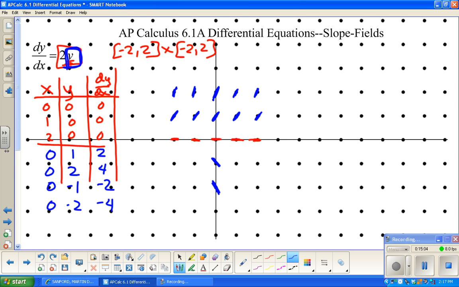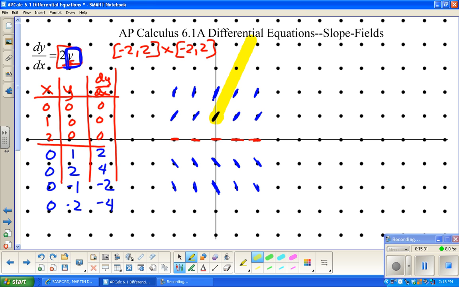Okay. Underneath, these are now negative, 2 times negative 1, so negative 2, negative 2, negative 2, negative 2, negative 4, negative 4, negative 4, negative 4. Okay, now, so understand that the flow of this one is a little different, okay? So the higher you get, the steeper it is. So for instance, if I started out right here at 0, 1, as I go to the right, it